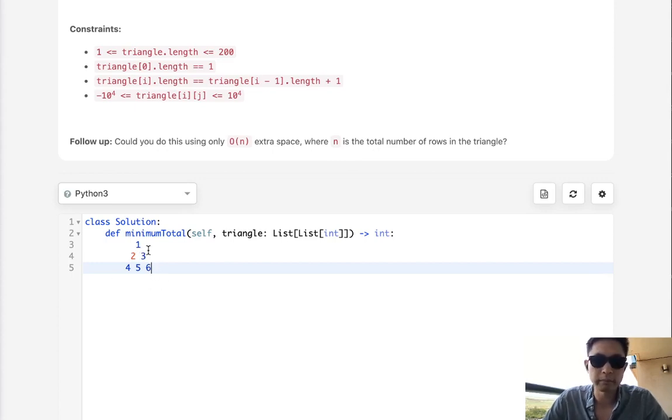Well, I'll do one better. Maybe we don't even need to use extra space. We could adjust the triangle itself. So what we'll do is start with the very second to last row, and we're going to check below and below right here, because these are the two paths that we can go, right? We'll take the minimum number between them,